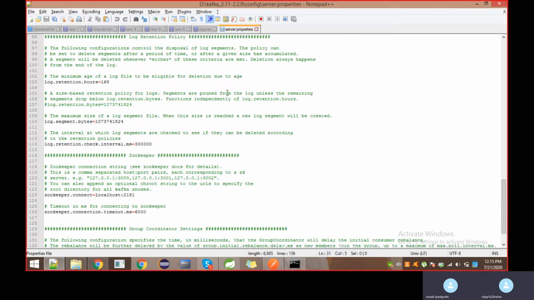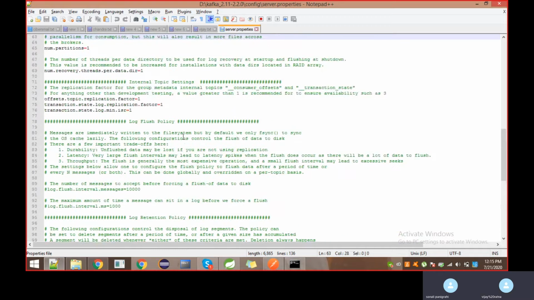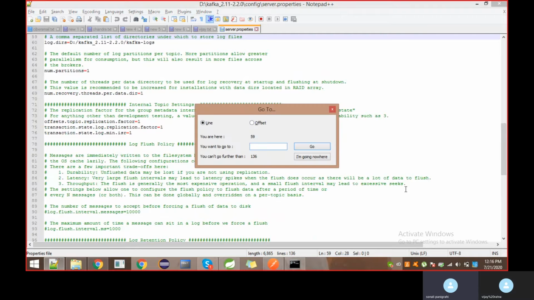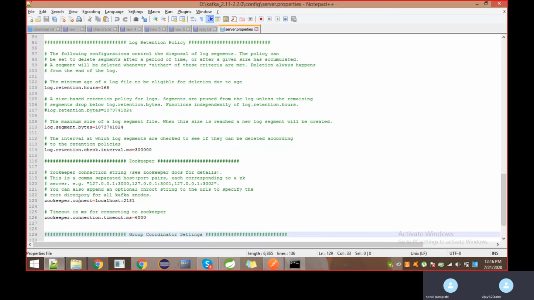If you go down, at line number 123, previously we saw 2181 is the listen port of Zookeeper. Here you can change the port number if you want. If your Zookeeper listen port is changing, you can change it here also. We can say that Kafka is internally using Zookeeper.